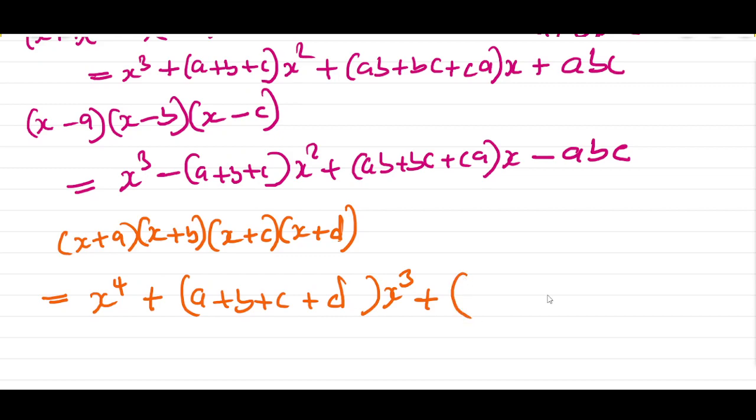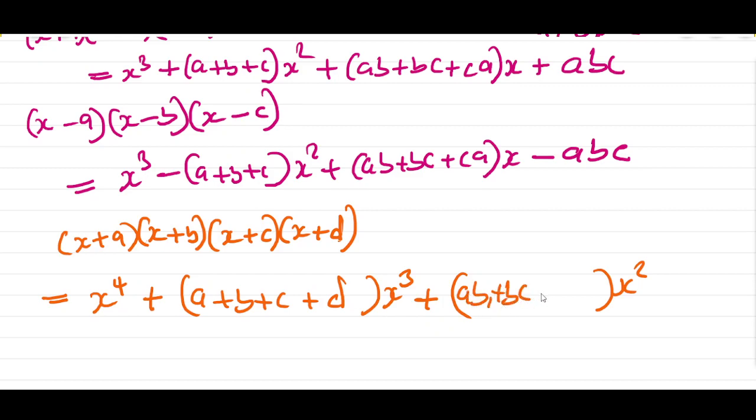Then what about x squared? What will give us the part for x squared? If I had to pick x squared, x has to be taken from here and here. We will no longer take x again because we have gotten the part of x cubed and x to the 4th power. Here we'll be taking b, c, d also. So we'll be taking ab and we'll be taking bc. So here we'll be having ab,